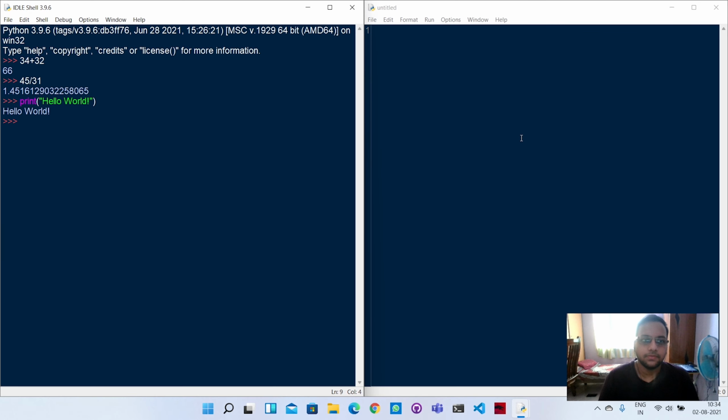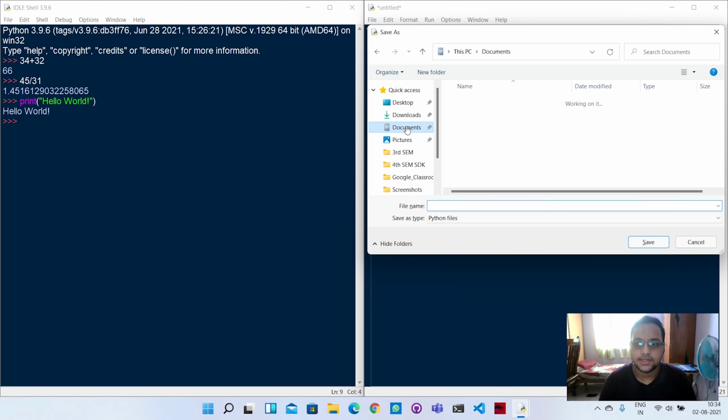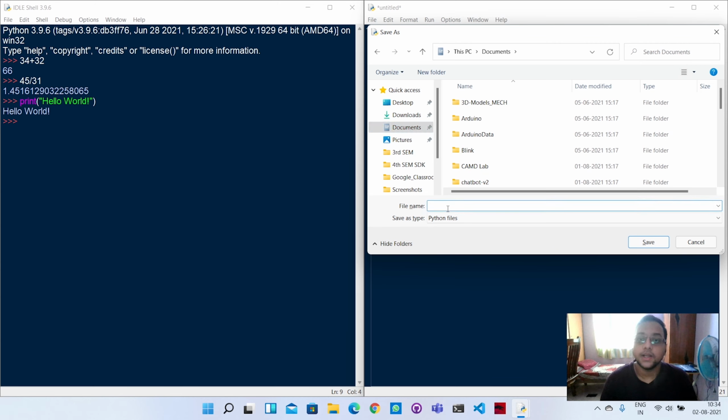split the screen so that you guys can see it properly. In the file, let me do the same thing, print hello world. Of course, the exclamation mark is very important. And let's save the file, Control S. I'll save this file in my documents. You can save it wherever it's convenient for you, convenient enough so that you can remember the location. So I will save it as